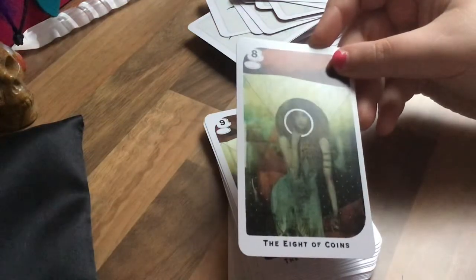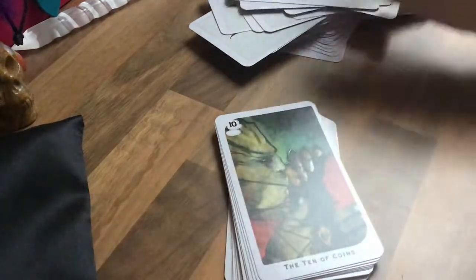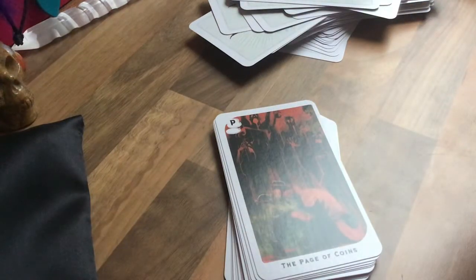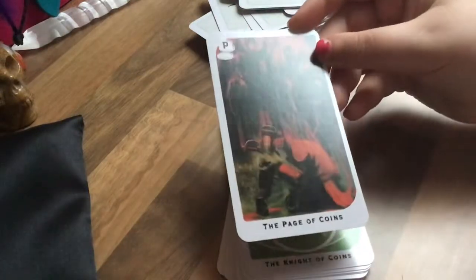Trying to pick, maybe if you're picking religious states over money, it's interesting. 9 of coins. 10 of coins. I was like, what is happening there? He's tied up and he's licking a hand. I don't know. Page of coins is Varric when...